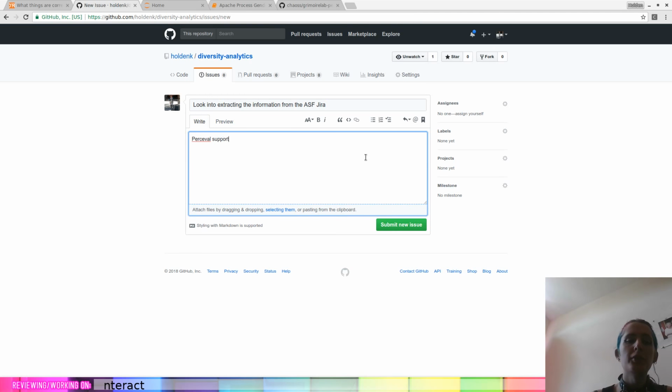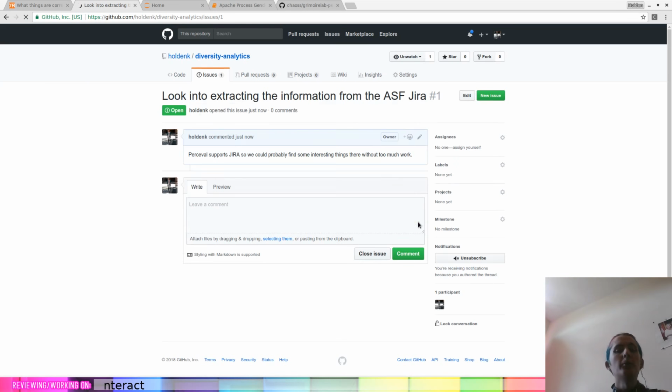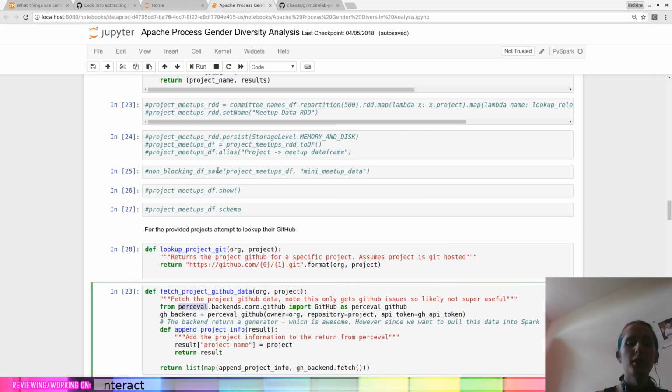Percival supports Jira, so we could probably do that. And even though right now I'm the only developer actively working on this talk, the issues are just a way for me to keep track of the things that I want to do. But also, if other people want to contribute, it gives them ideas of places where they can get started with us. So that's cool.